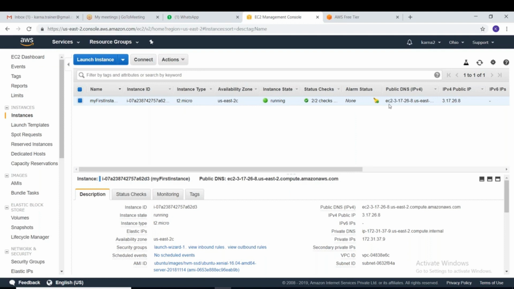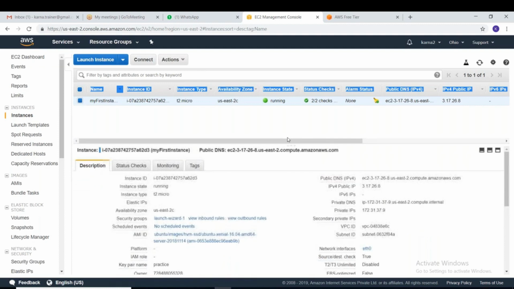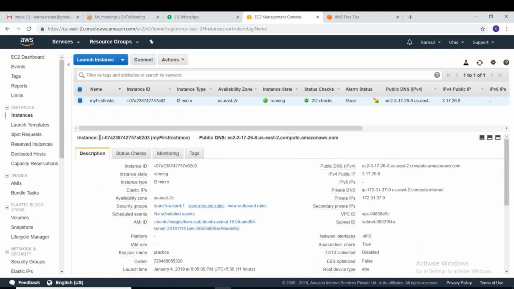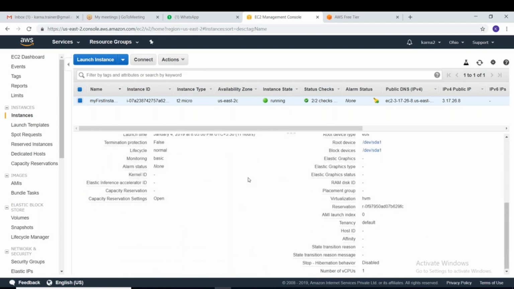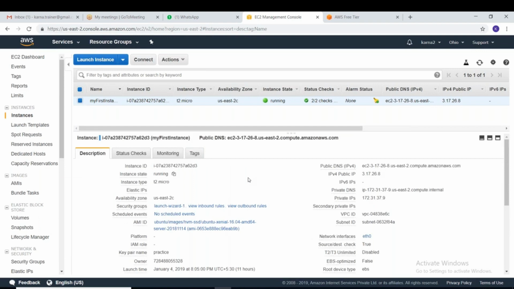This is the detailed information we have about that instance. Anyway, I'm going to show you how to create a new instance. This is the information, guys. You may not be able to trace everything now, but once you create this instance on your own, you'll understand how we do it.